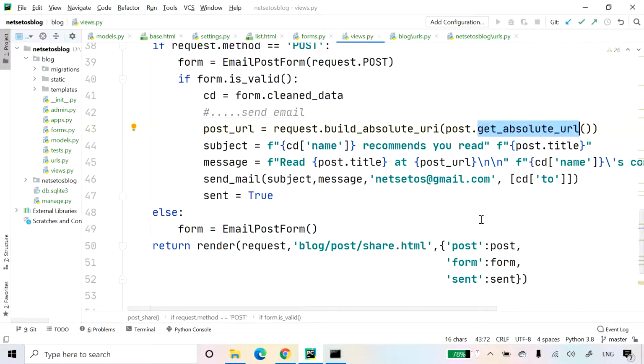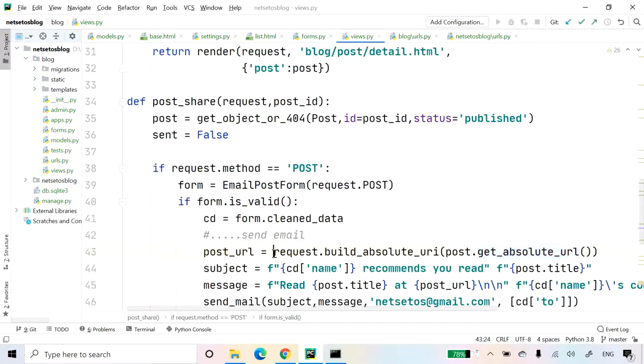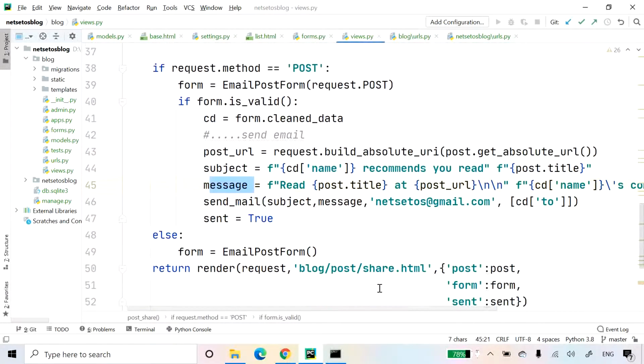So we need to retrieve the absolute path of the post using this get_absolute_url method. Here we will use this path as an input for request.build_absolute_uri to build a complete URL including the HTTP schema and host name. Here we build the subject and message body of the email. Here we used the cleaned data of the validated form, and finally send the email to the email address contained here.